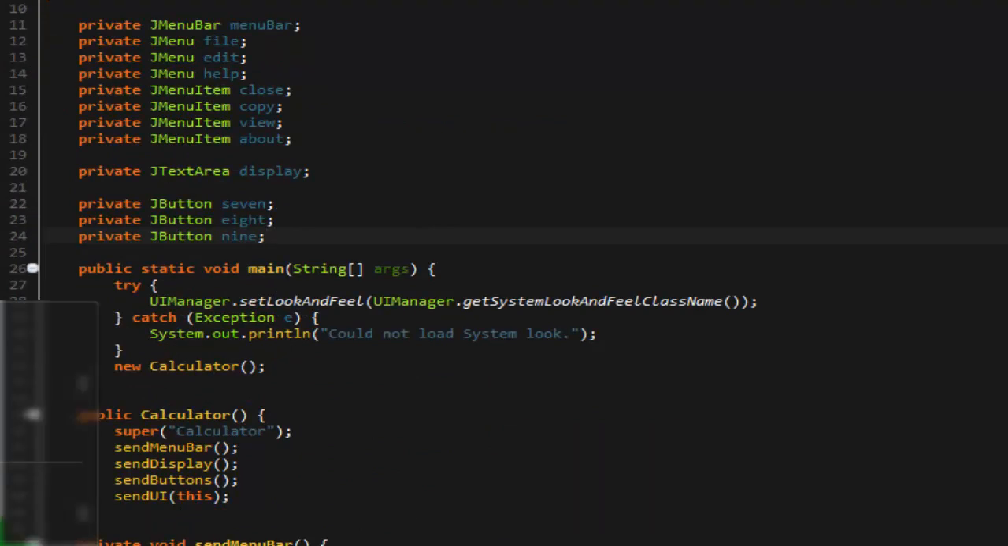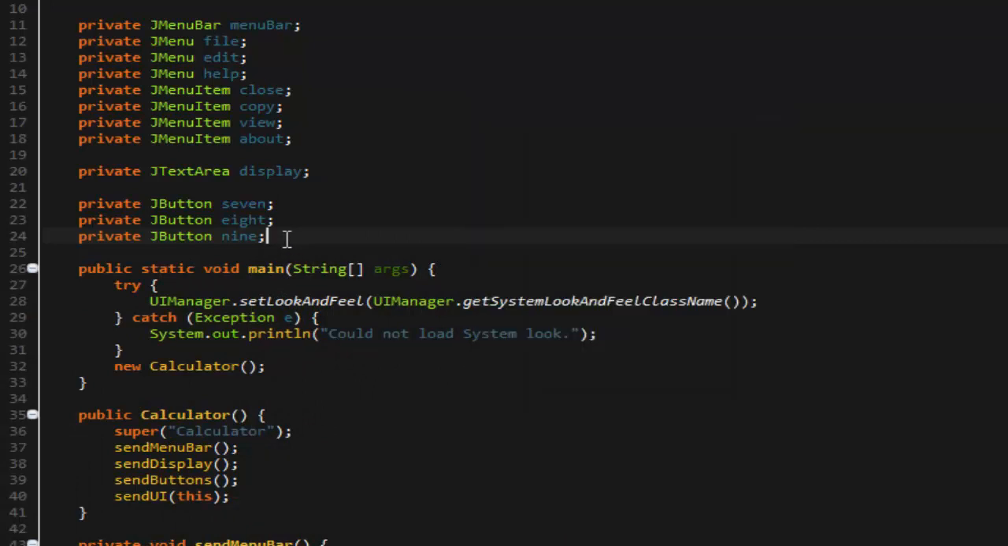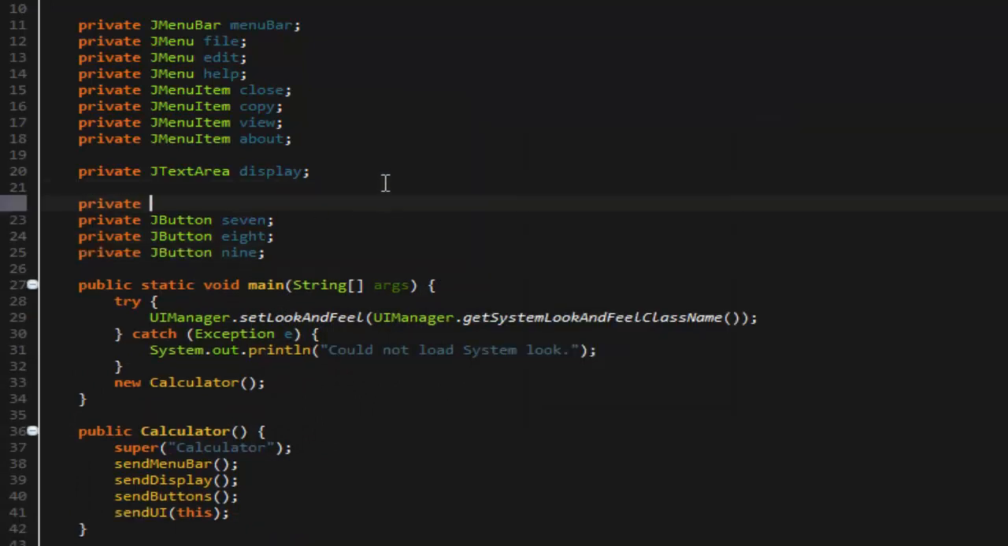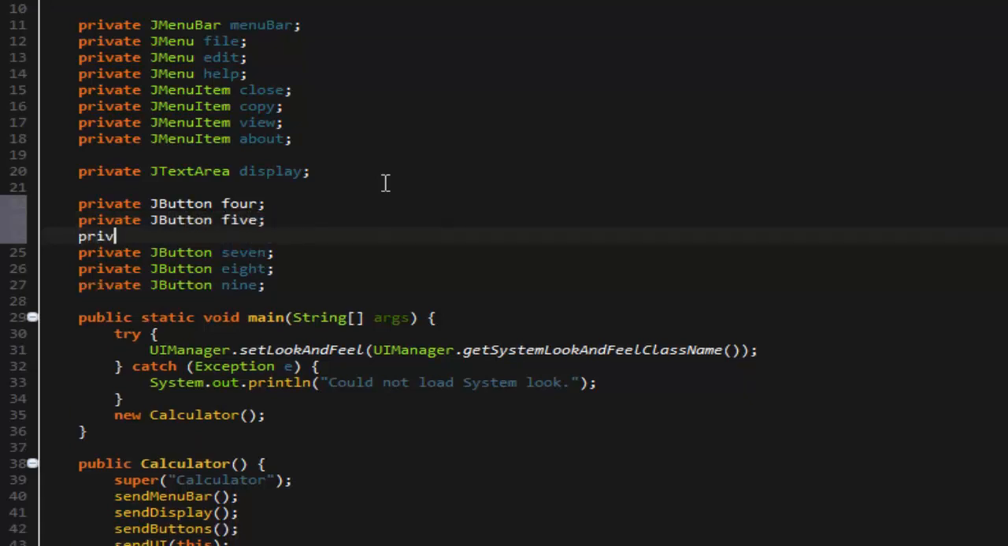Alright, so we're going to open up the Microsoft calculator and see. We need to do a 4, 5, and 6 now. So I'll just go ahead and add them right here. Make that in order here. So 4, private JButton, 5, and then we have private JButton,